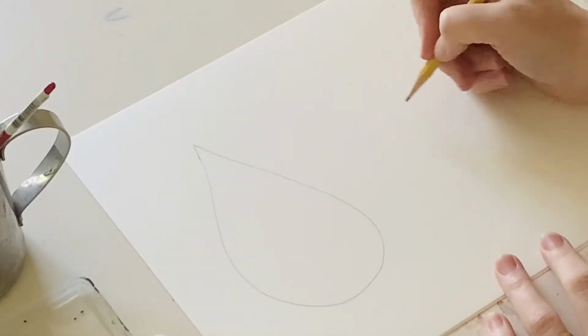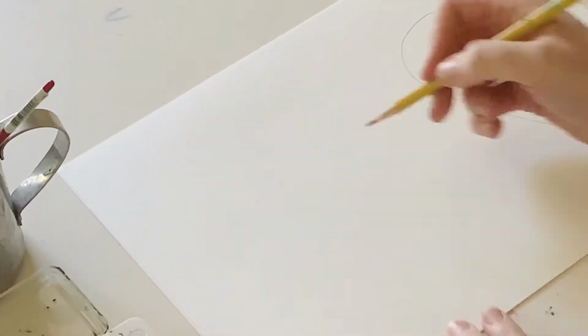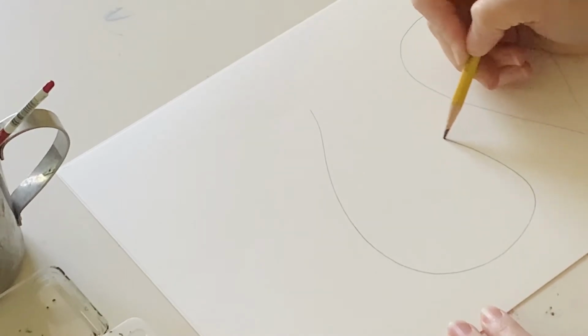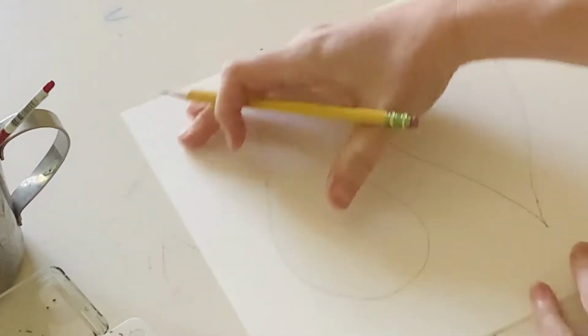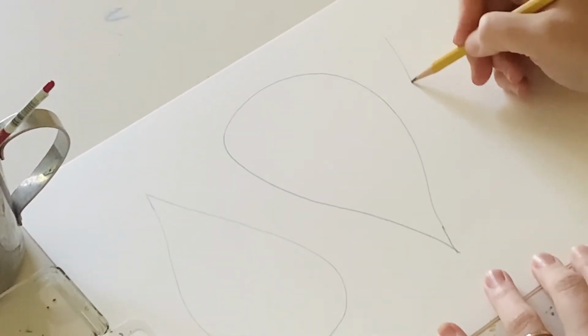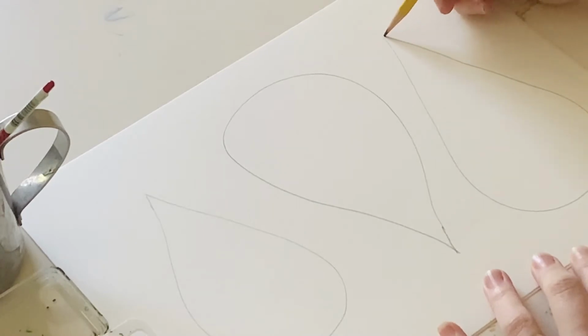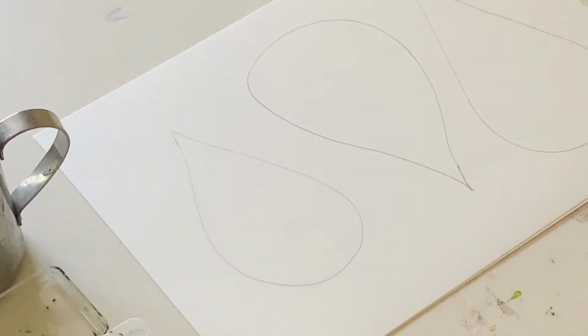And let's draw an upside down raindrop shape. I'm going to turn it because it's easier for me. Big round bottom and then whoop, up at the top. And I'm going to turn it back this way, and we're going to curve it up like that. Okay, so now we're going to